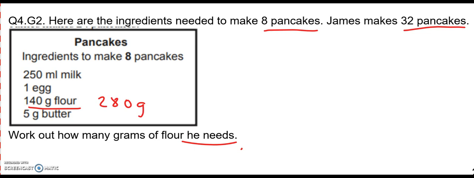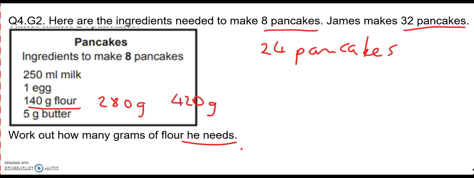If we multiply the recipe by 3, so to make 24 pancakes, he's going to need 3 lots of 140. So that makes 420 grams of flour. And to make 32 pancakes, that means he's going to need 140 grams more of this. So that makes it